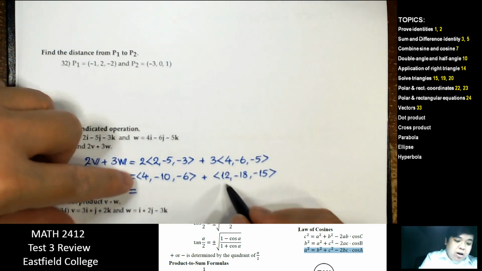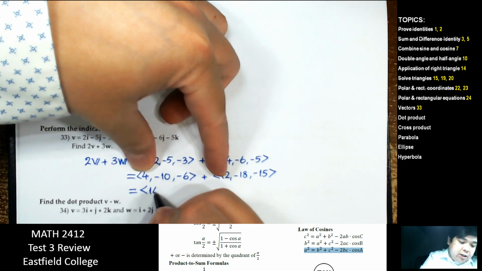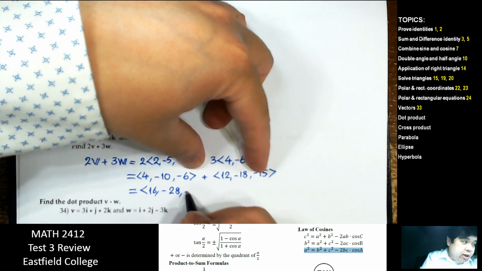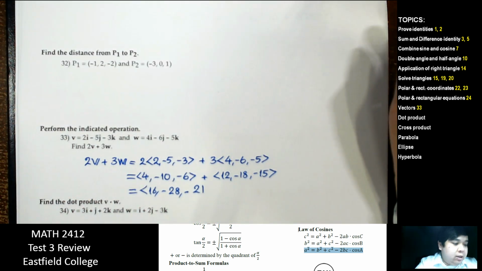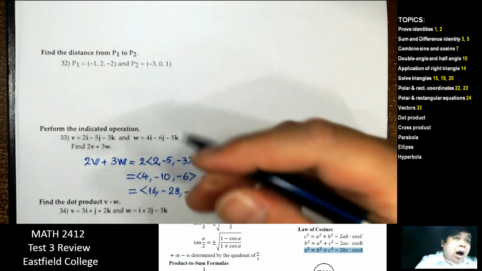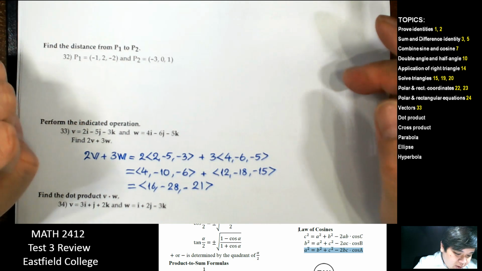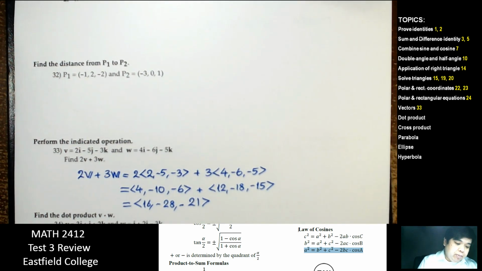And then just combine component-wise. The first 2 give us 16, negative 28, negative 21. And we can just give the answer in this angular bracket notation. Right. Next,